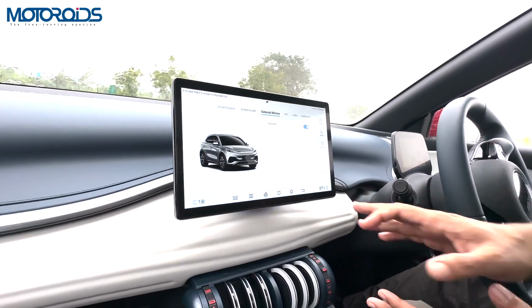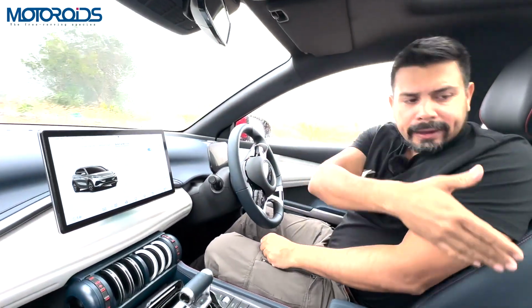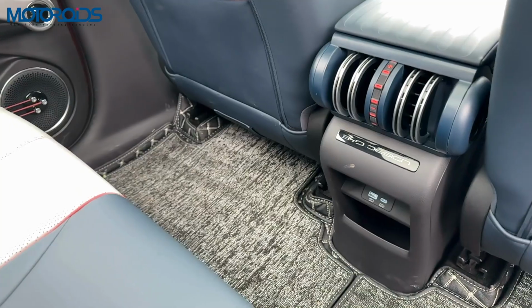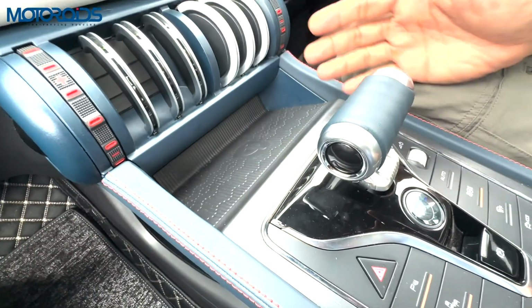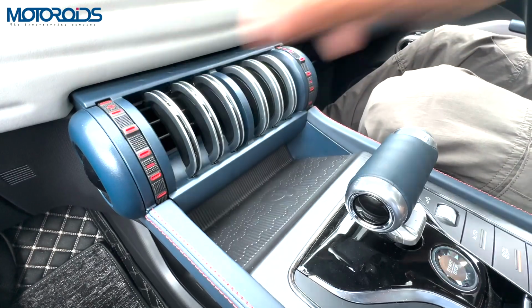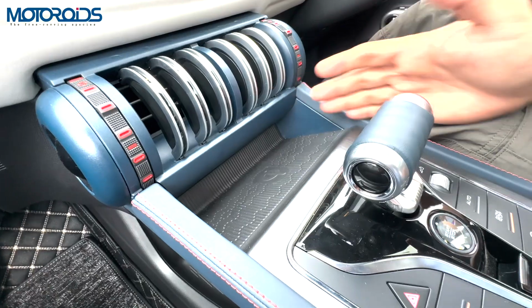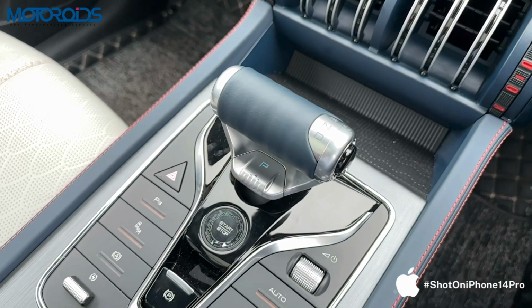Talking about the AC, you have only a single zone AC here. So although you have rear AC vents, you don't have a dual zone AC up front, nor do you have a zone at the rear. You get wireless charging, and the AC vents are the same as we saw on the left, and they take inspiration from the dumbbells. Now this panel here is also very interesting, and this is unlike the drive selectors that